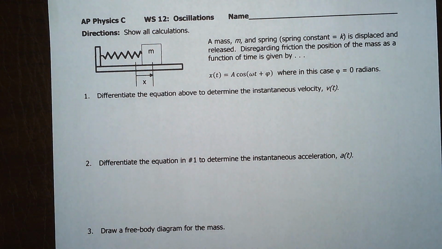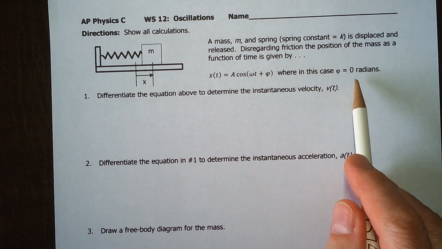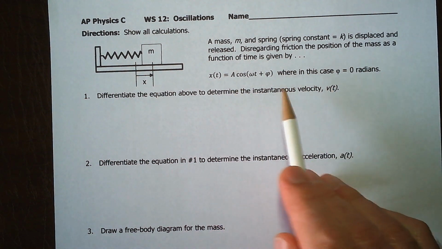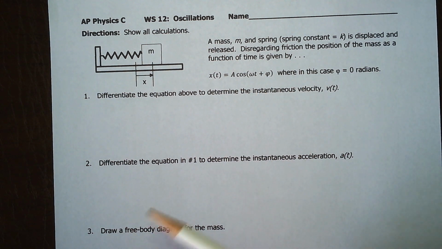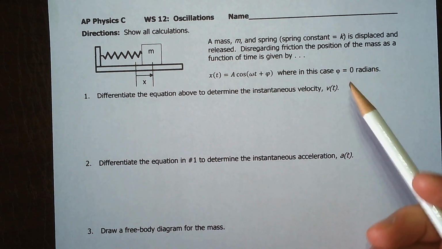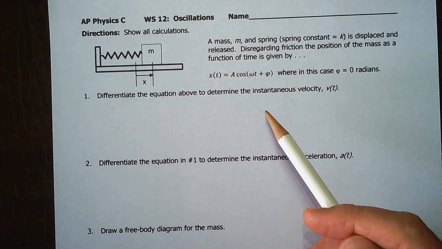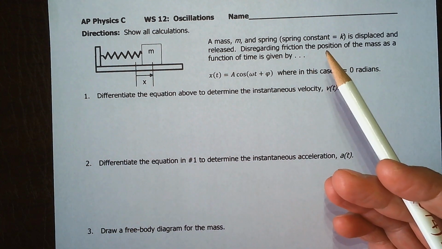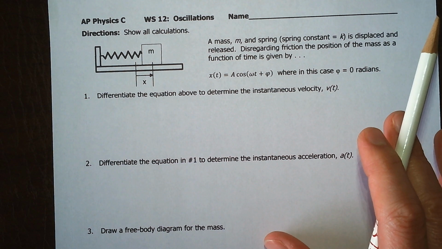Okay, still doing oscillations, and now instead of looking at a pendulum, we're looking at a spring. So we want to differentiate this equation up here. Differentiate, for non-calculus people, is finding the slope. And I'm hoping from the last worksheet that I kind of did it for the non-calculus people,